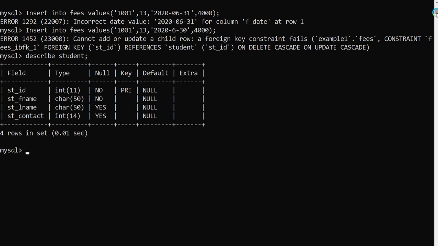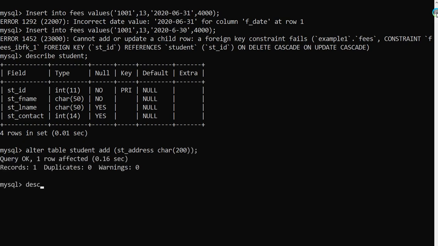So for that we have the alter command, alter table student, and we have to write here add. If you are going to add a new column, add, and the name of the column we are going to write student address, and the size we have written here char 20, and only that much.